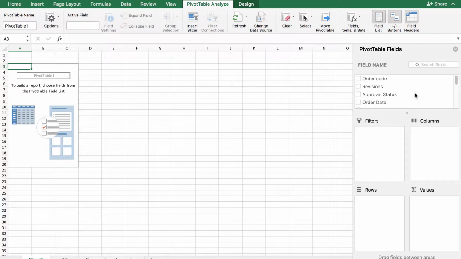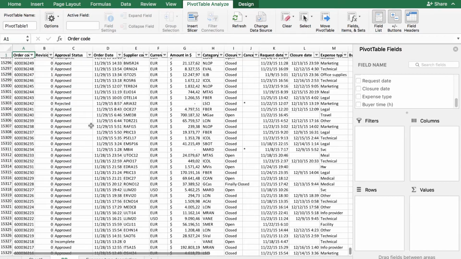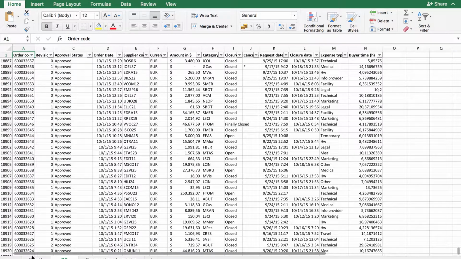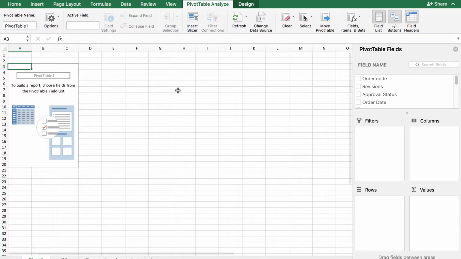In particular, what we want to do as a first task is to try to display the category tree of crop insurance. Here in the field names, we have all the fields that are in the original database, so all the columns, and they can be displayed in some way through the pivot table. In particular, as the category tree is the hierarchical representation of the purchasing categories for the company, in our case crop insurance, what we are interested in